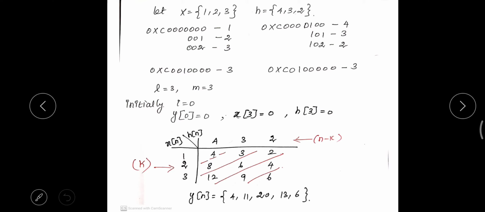Similarly for h, the starting address is 100. Then in 100, 4 will be stored, in 101, 3 will be stored, in 102, 2 will be stored. The rest of the memory will be free because we are taking only 3 samples in each sequence.